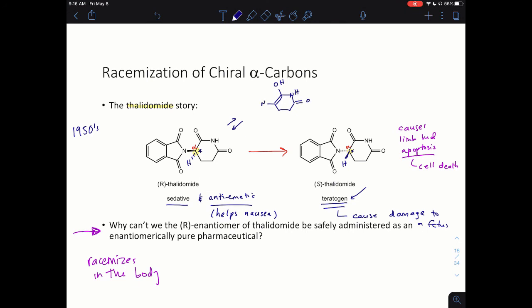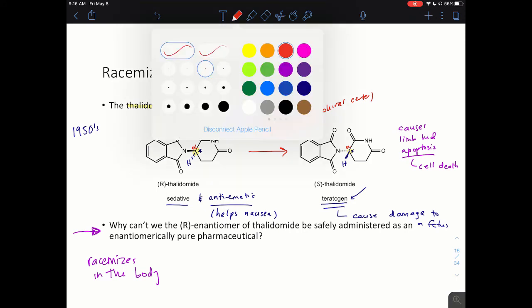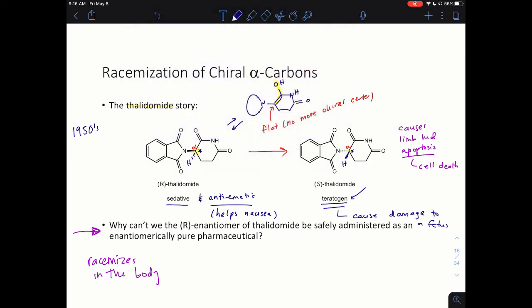And then let's think about what's happened here. So I'm going to abbreviate this. You destroyed, or we've destroyed, the chiral center. Now this is flat. There's no more chiral center. Do you see how this is an enol? It's an enol in a very weird context, I know, but it's still an enol. So there's no more chiral center. And then when this reacts to go back to the keto form, which is thalidomide,